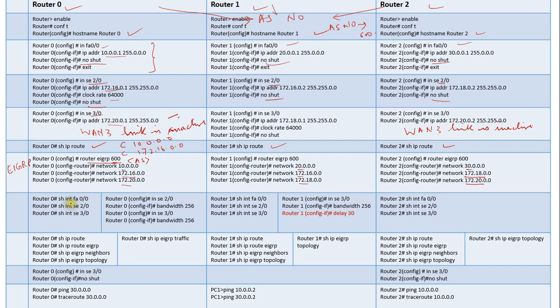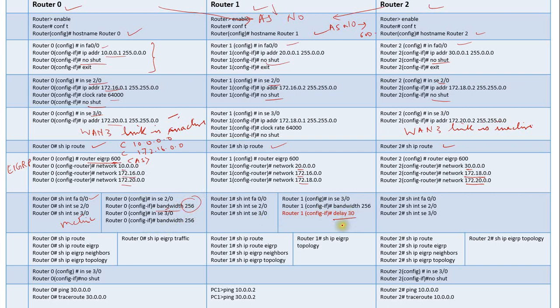The command is show interface fast Ethernet 0/0. With this command you can check the bandwidth available on this interface as well as the delay on this interface, and you can note down the bandwidth and delay for the metric calculation. Then here you can change the bandwidth using the simple command bandwidth and the value of that bandwidth, and the delay can be changed with the command delay 30.